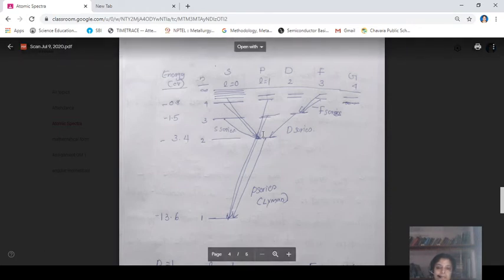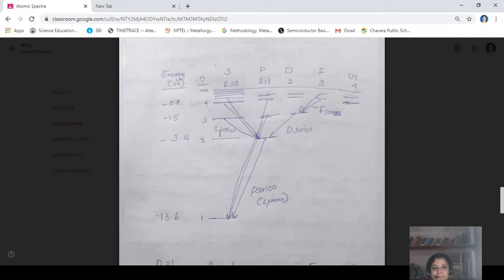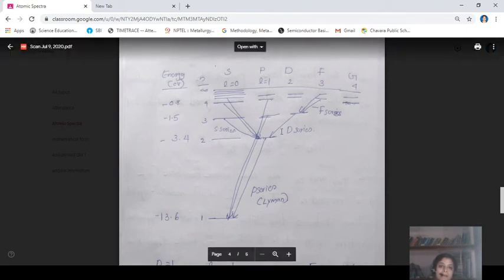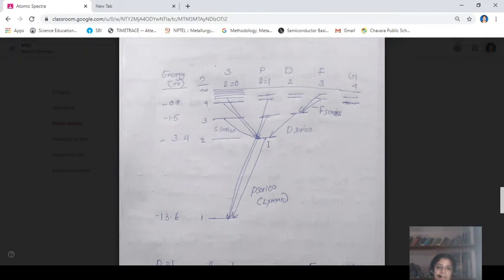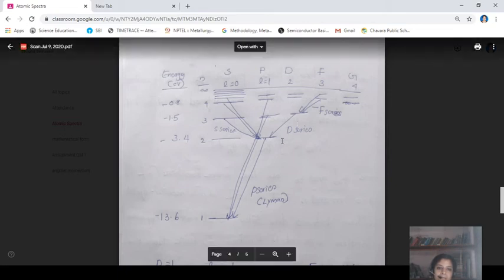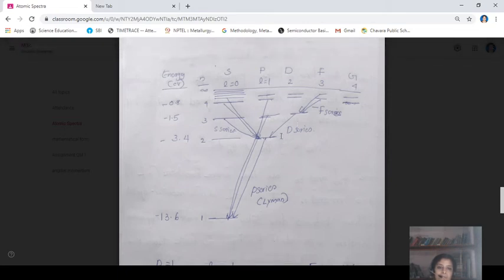This series is actually known as the S series. So here the transition is taking place to the n equal to 2 level from higher levels. So this S series belongs to the Balmer series. And the D series, here you can see that delta L is minus 1. From the D state to the P state, that means L equal to 2 to L equal to 1, the transition is possible. Again n equal to 2, therefore the D series also belongs to the Balmer series.